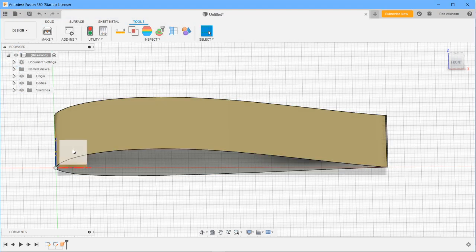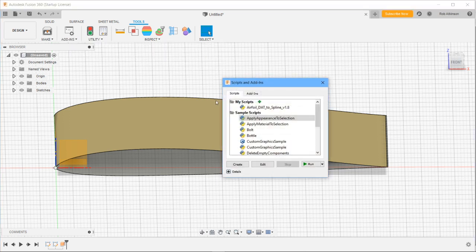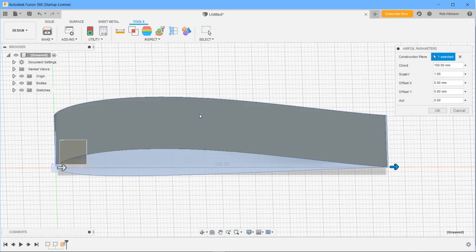Just select one of these planes here within the sketch, and you basically say add-ins, scripts, select what you want to pull in. So it'll draw an outline for you already with the planes, and then you say okay, you pull in that file. Once you've got your DAT file in, you're then able